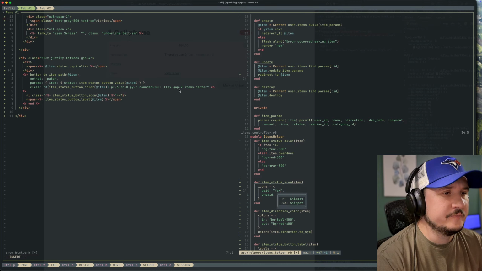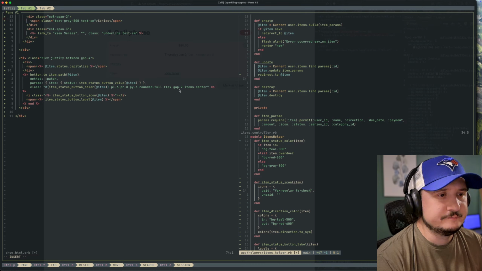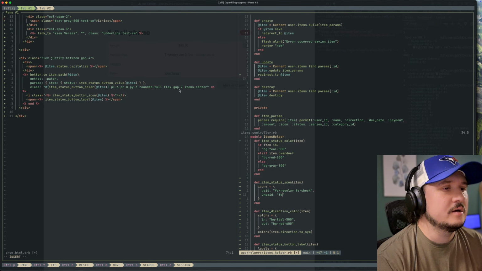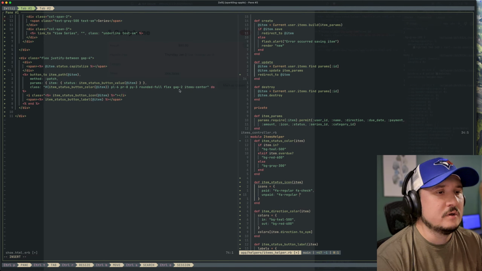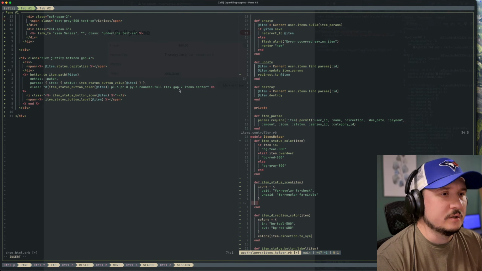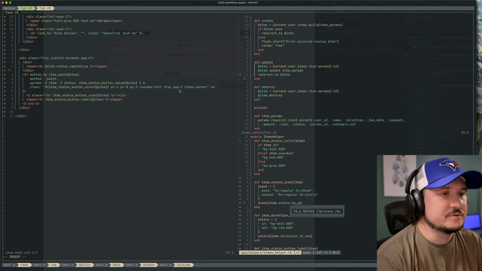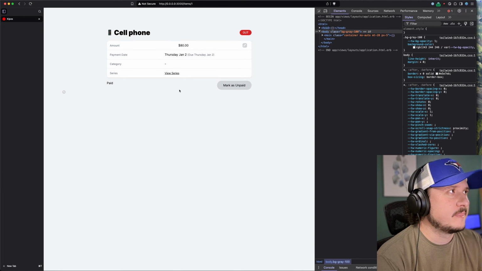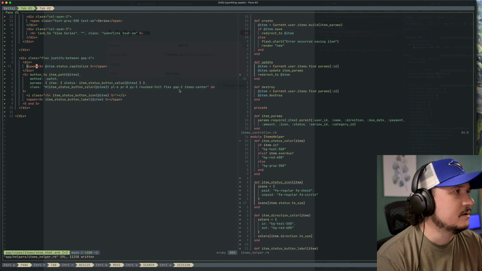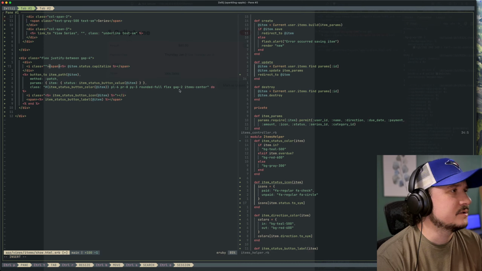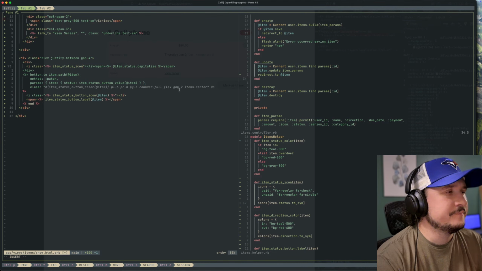go FA regular, FA check. For unpaid, we'll go FA regular, FA circle, icons, item.status.to_sym, whoops, and actually implement it here. Item status icon, item,